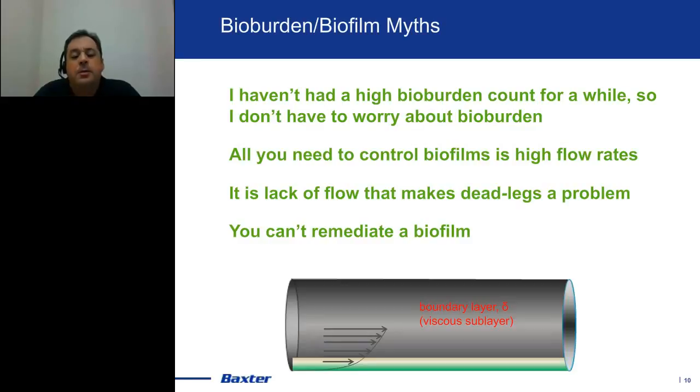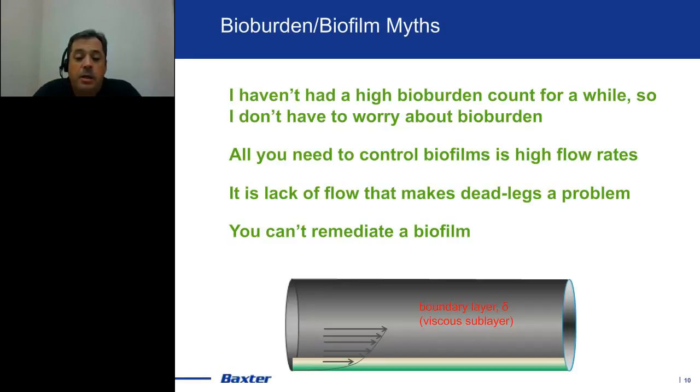That's not always true. So basically, yes, if you've had a good count, that's certainly not a bad thing. However, when we think about it, especially in the case of biofilms, where you can have surface-associated microorganisms that only seed or shed occasionally, you might go an extended period of time without any issues, then have a seeding or sloughing event and have your number spike above the acceptance limits. So just because you have recently had some good numbers does not necessarily mean you're in a state of control.